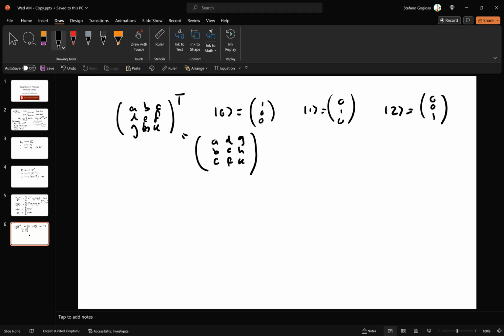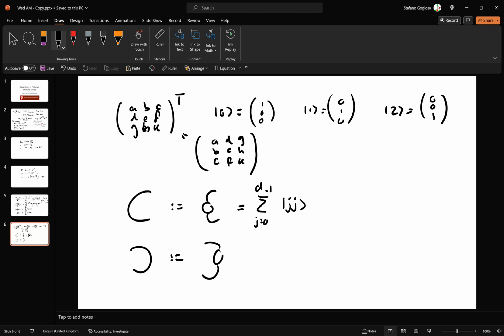That choice of transpose is the same as saying that we want our cups and caps to be the ones for the Z basis, because the cups and caps give you transposes. And now I will have to point out that they take the form sum from j equals 0 to d minus 1 of |jj>. They're written like that. And it's different from the sum j equals 0 to d minus 1 of |χj, χj> in general, which is the cup for the other basis. And so this is, I shouldn't say different, is it not equal in general? In fact, it's different for